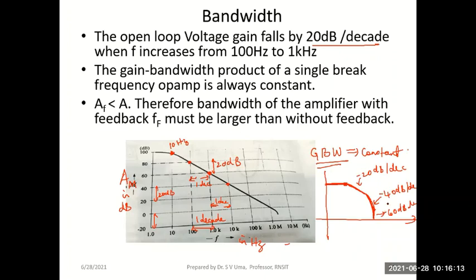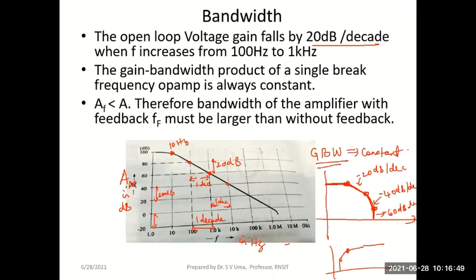Since it is all falling, at each point where there is a change in the slope of this curve, we say there is a break frequency occurring. So if there are multiple break frequencies, this will happen at many points. We saw this with respect to this curve in the frequency response of amplifiers. Since the gain with feedback is less than the gain without feedback, the bandwidth of the